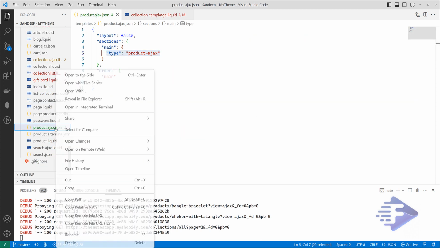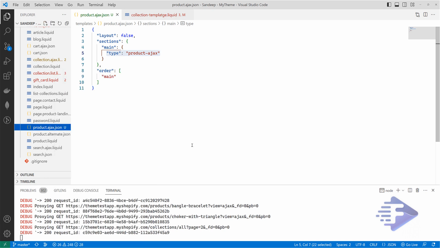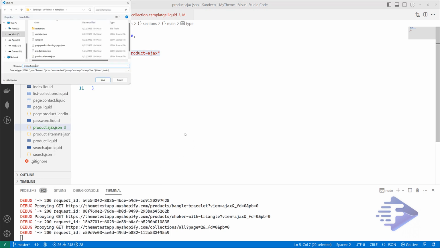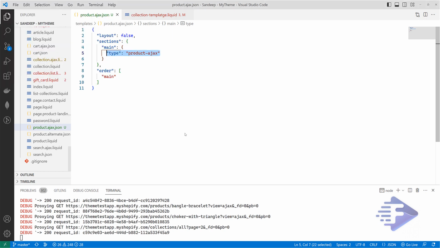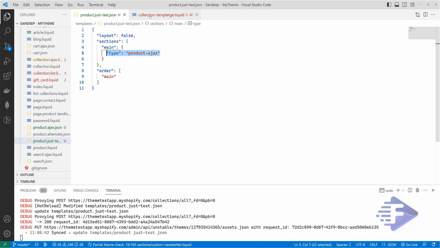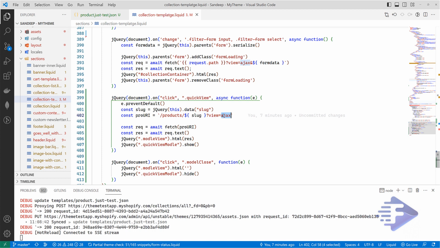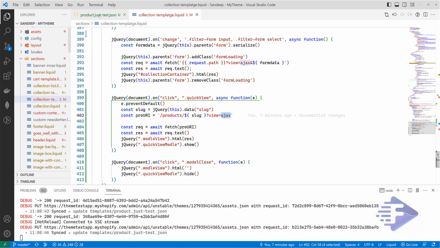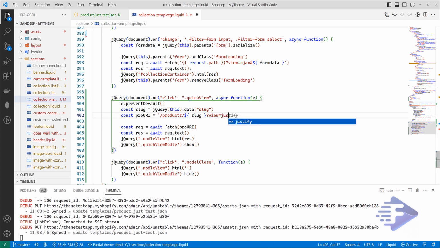So if I am going to use the other one, just a second, let me save this one. Let's say this one, just test. So for that we can say this one, just test. Like this one we can use the view.